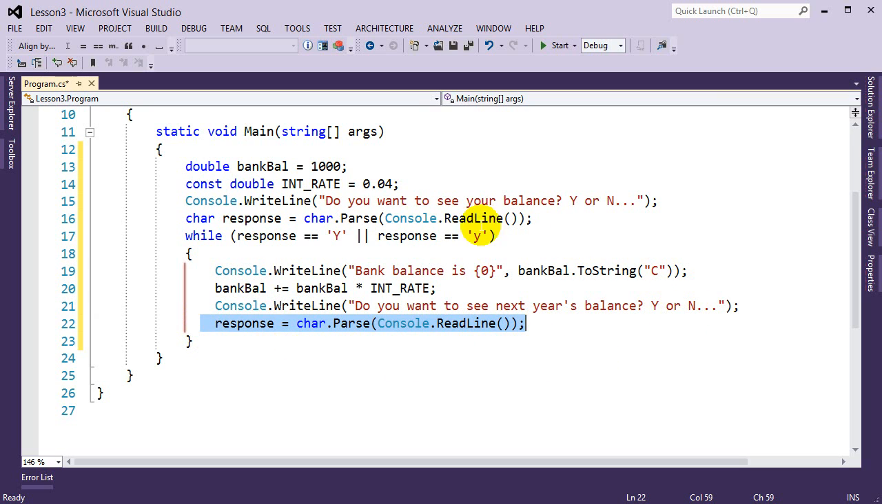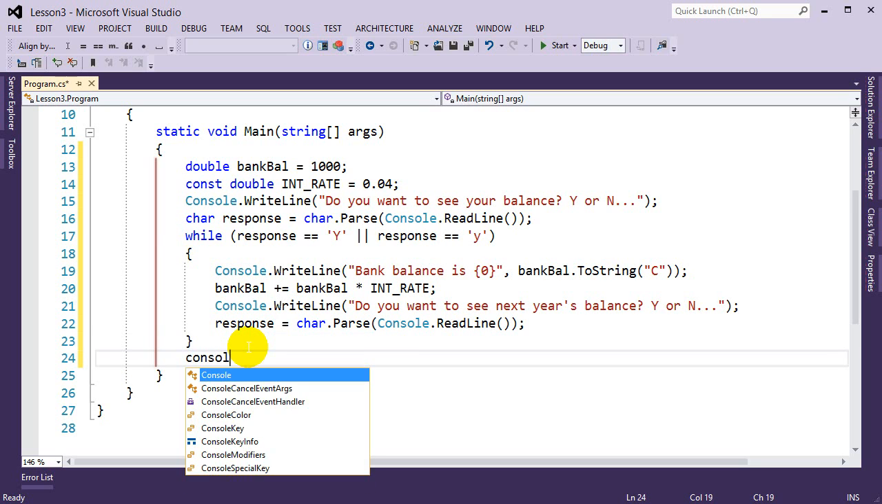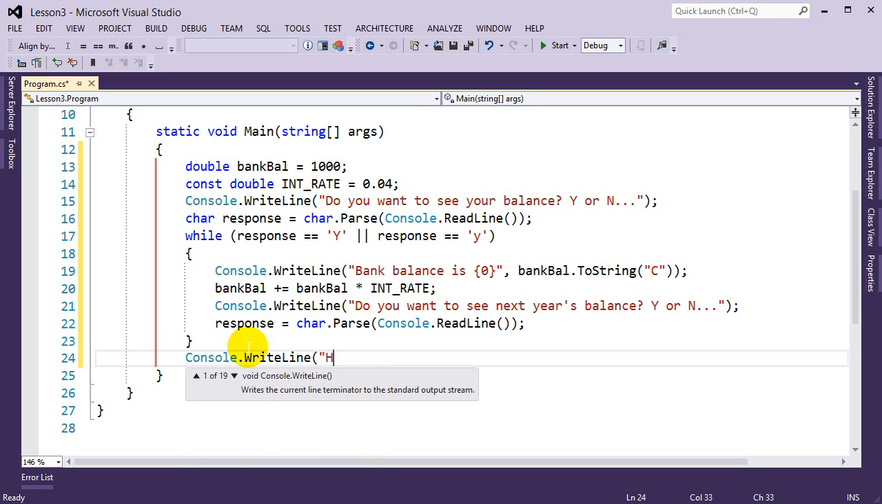Depending on what they enter, it will do Y. Response will be stored with whatever they entered, and then when it goes back up for the while loop check, it will recheck what they entered. If they entered in another Y, it will continue again, display the new balance, do the whole process again. But if they don't enter a Y in here, then when it comes up for the while loop comparison, it will see that they didn't enter a Y, and then it will break out of the while loop and continue on whatever we're doing. And we'll display a message down here saying, have a nice day